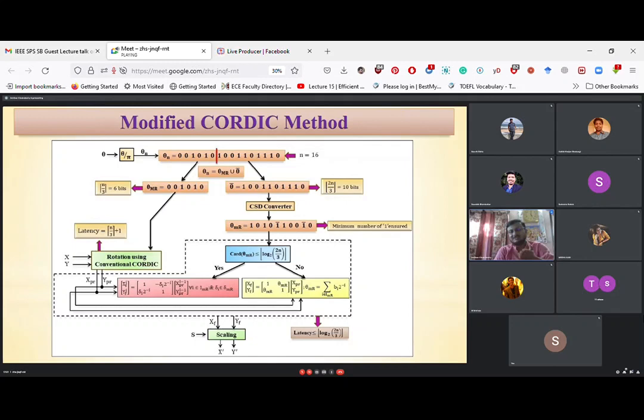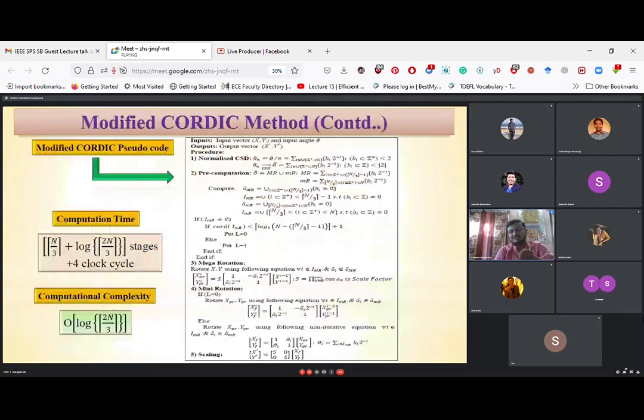That was the idea. By using this idea, we made the modified algorithm of Cortex, where we took the relation of the total clock cycles with the bit width and the total number of stages, and the computational load is of the order of log 2n by 3. So there is a logarithmic relation with respect to the bit width.